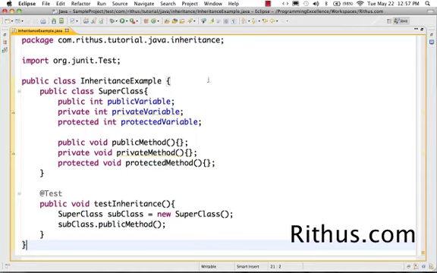In this video, let's look at inheritance and an example program on inheritance. First thing, what is inheritance? Inheritance is basically the facility that a lot of object-oriented programming languages provide, where you can extend the behavior of